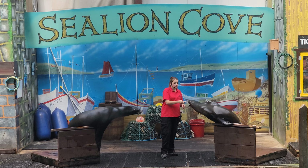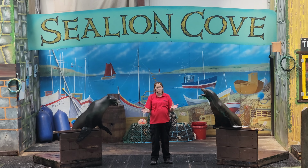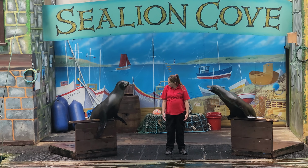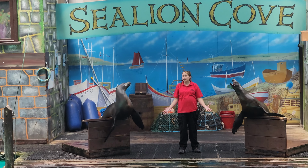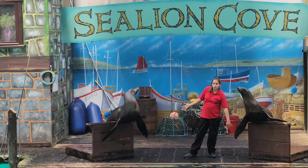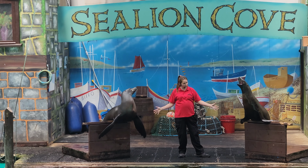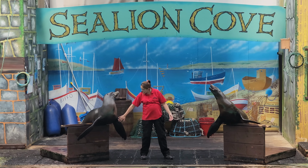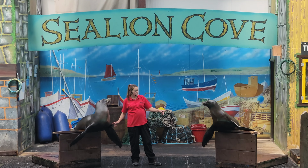So sea lions, just like these two, only ever swim using their massive big front flippers. Boy, show everyone how big your front flippers are for me, please, thank you. So as you can see, these guys have huge front flippers, just like paddles, and they move them up and down in the water in almost a flying motion. And this can propel them at speeds of up to about 20 miles an hour,